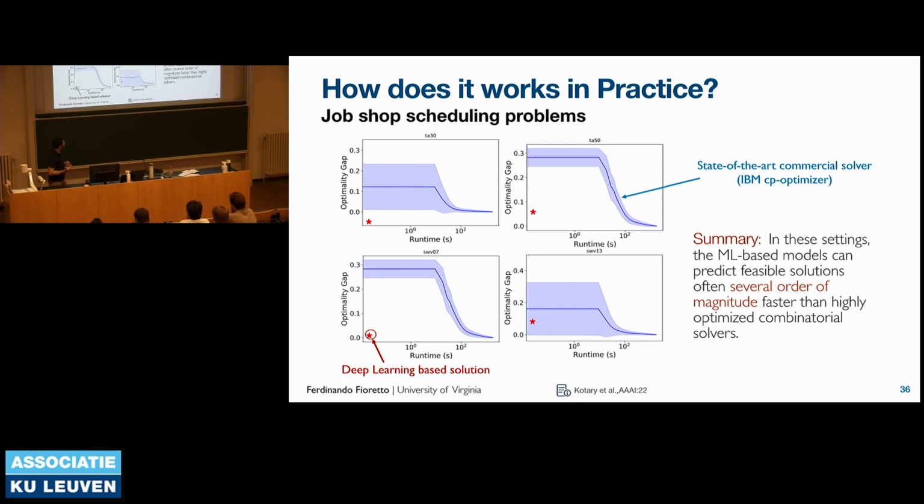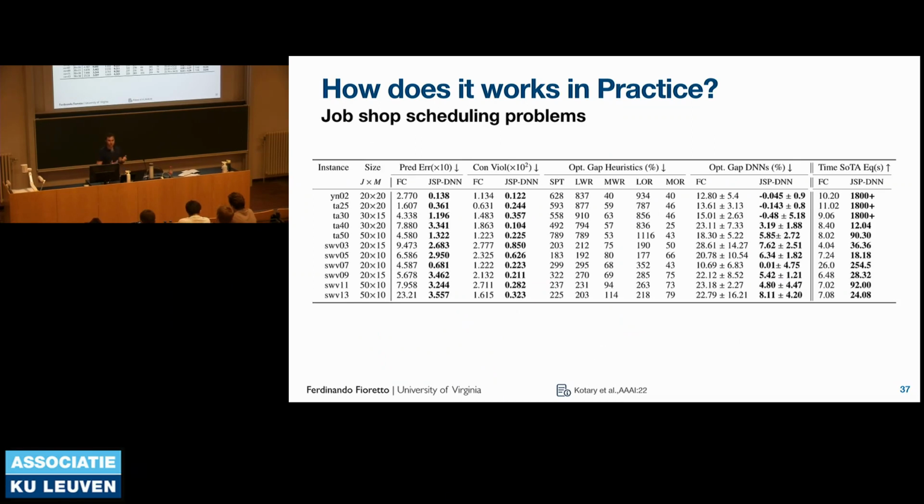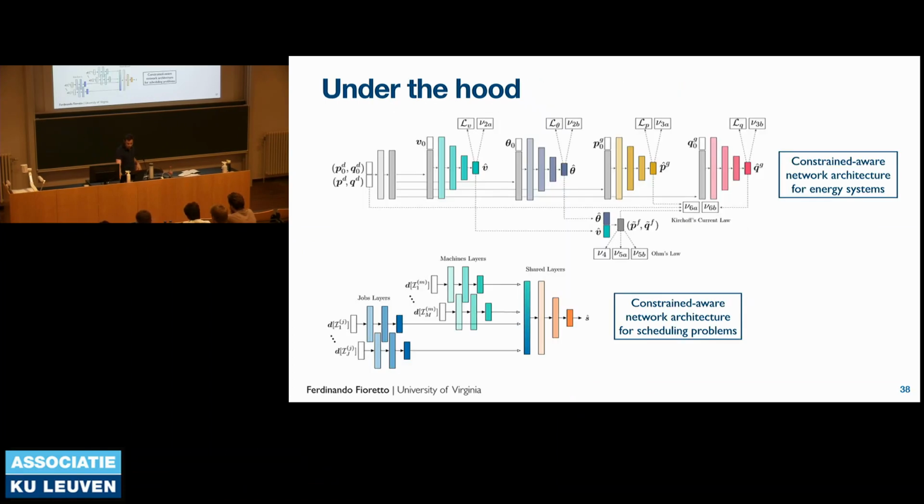But what is important here is to see that you can find solutions of extremely decent quality for a small fraction of the runtime, an order of magnitude faster. And obviously, you might not want to run the CPU optimizer if you are in a context of real-time planning. You might want to run some heuristic. So we tried a series of state-of-the-art heuristics, and we show that the neural network method is substantially better than all those heuristics, both in terms of runtime and in terms of solution quality.